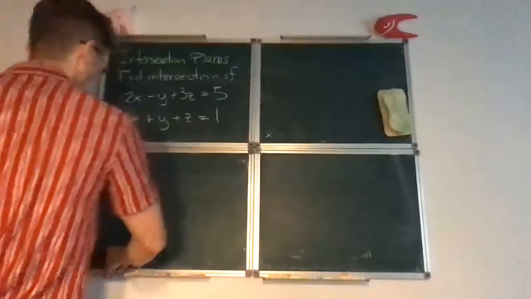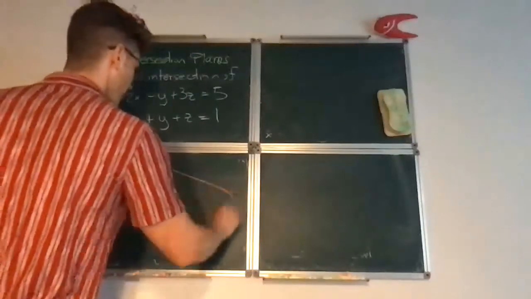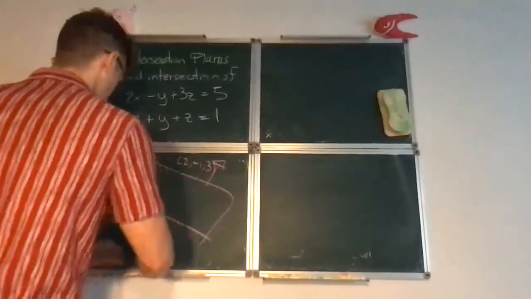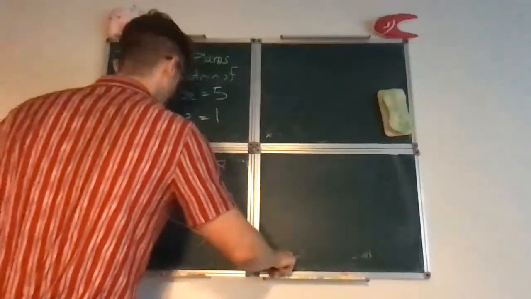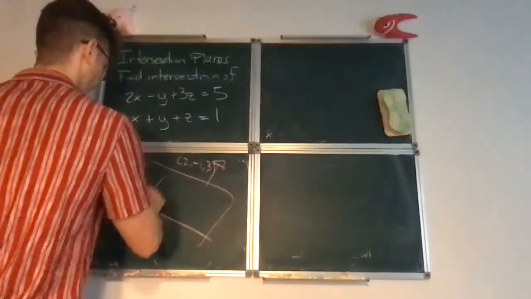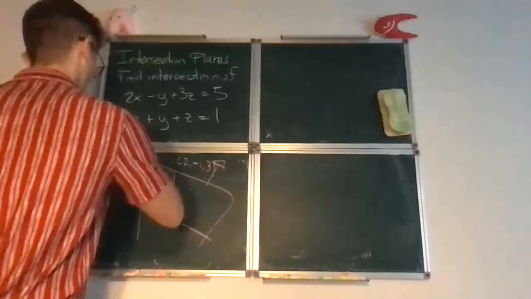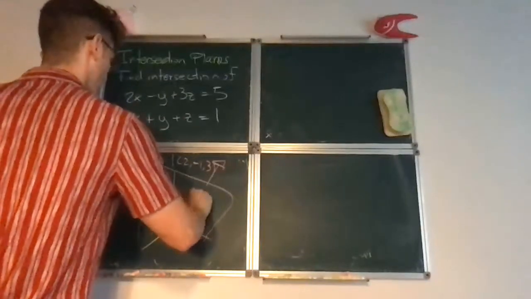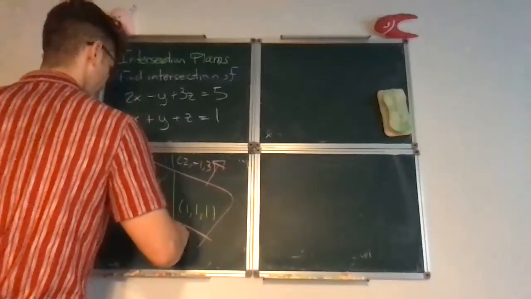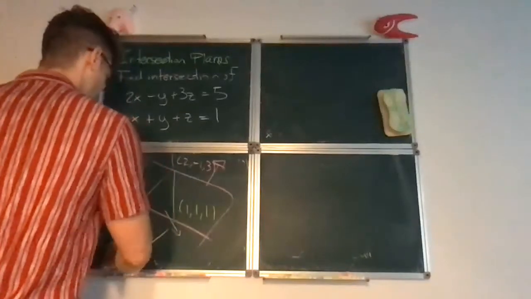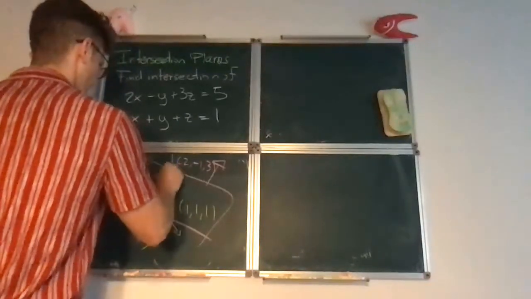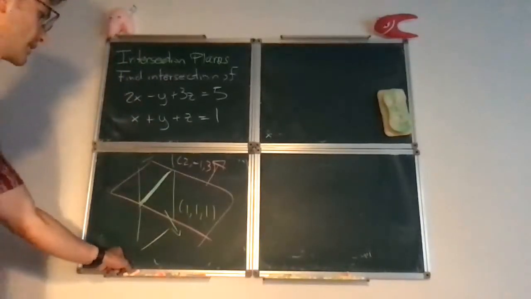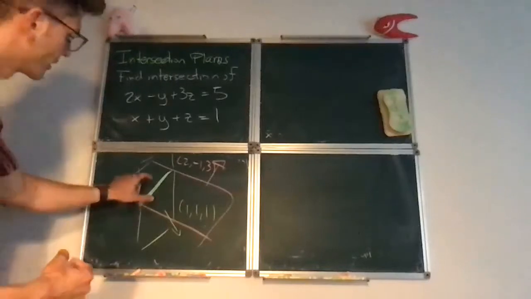So you should think of one as being this one. Maybe here is 2, -1, 3 as a normal vector, and you have this other plane with 1, 1, 1 as this other normal vector, and we want to find this common line of intersection. And the point is that something on this line